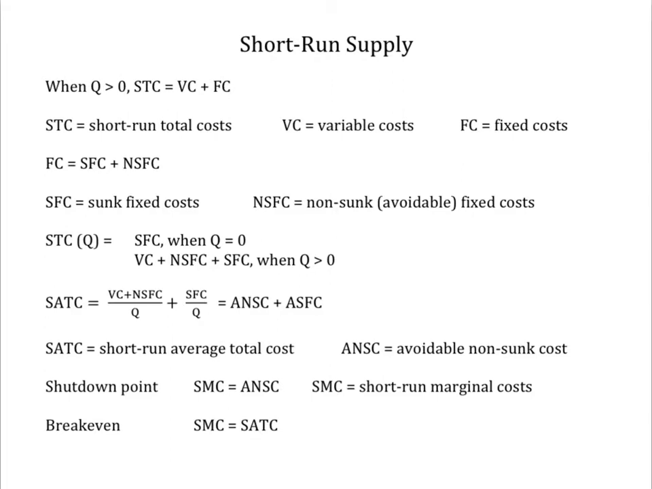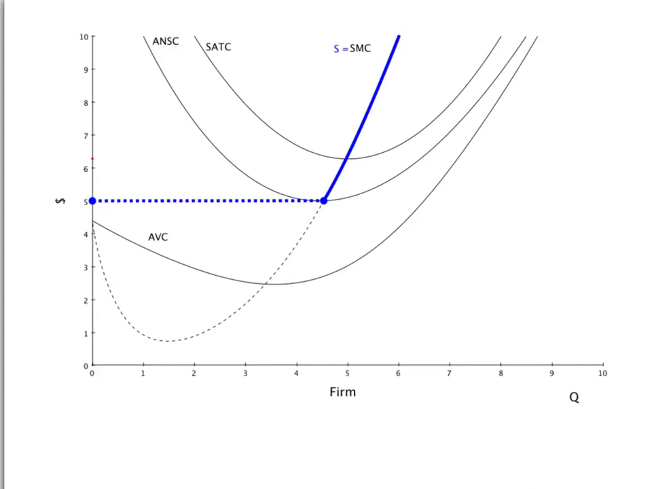It breaks even if price equals short-run average total cost, loses money if price falls below short-run average total cost, but should continue operating if, after covering its avoidable costs, there is some cash flow available to direct towards covering its sunk fixed costs, the costs it can't avoid. So now we should understand short-run supply as short-run marginal cost above average non-sunk cost,